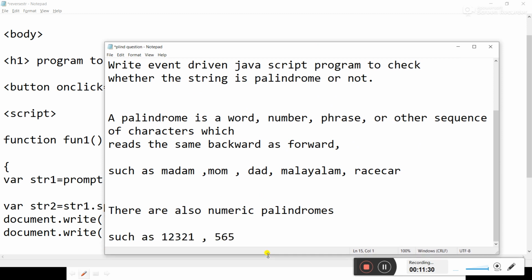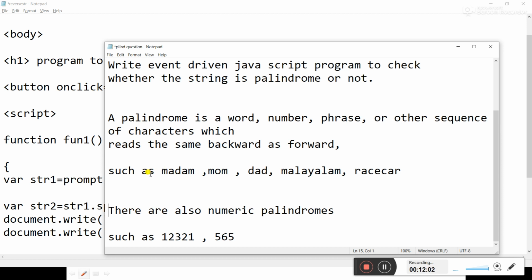First we will see what a palindrome value is. A palindrome is a word, number, phrase or other sequence of characters which reads the same backward as forward. Whether we read it from the starting or from the ending, it sounds the same. For example, madam: if you read the string madam from the beginning or from the end, it sounds the same, madam madam.